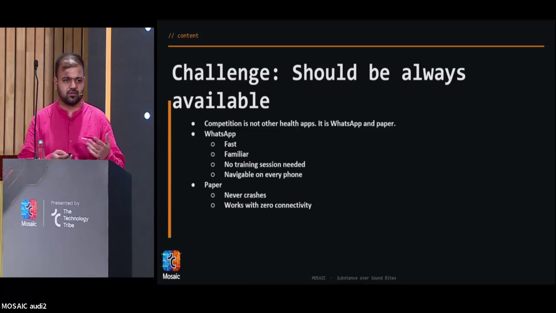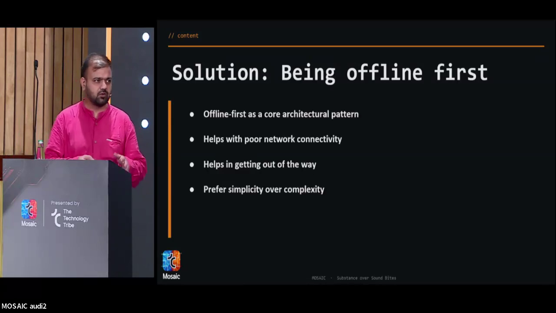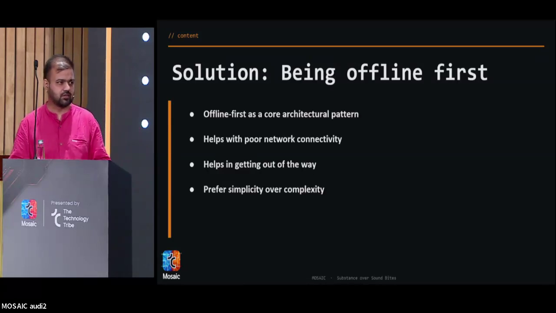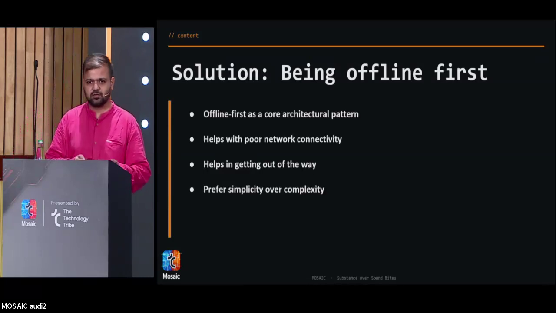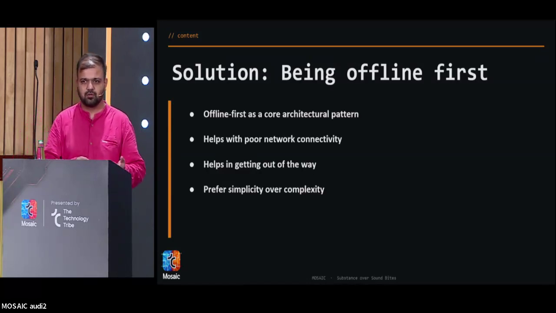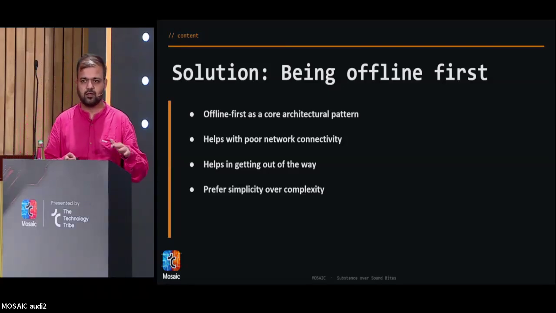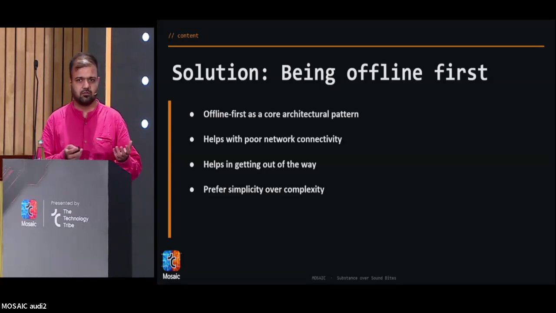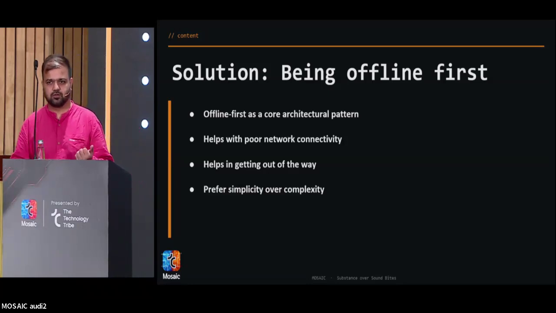And to achieve this, we had to make sure that our app works offline first, and that has been one of the core architectural principles in building our application. With this, we unlock two things. One, since we don't have to rely on the network, we don't have to worry about the network not being available all the time. And the second thing is, because we've removed all blocking API calls from the core path of the application, we are never blocking the user, and we get out of the way of the user as quickly as possible.